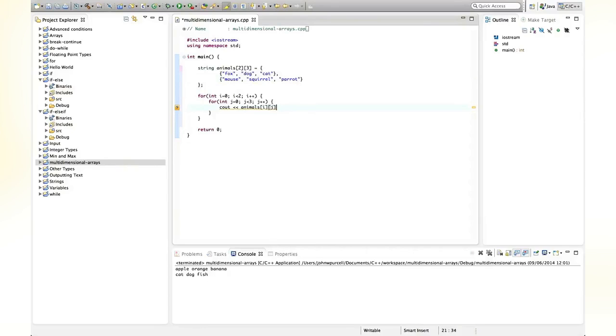So here we're going to put j. And now I'm going to output a space there, to separate the individual elements. And I'm going to put the new line after this inner for loop, but within the outer for loop. Let's just have a new line, cout endl, because that will mean that every time we iterate through one of these arrays,